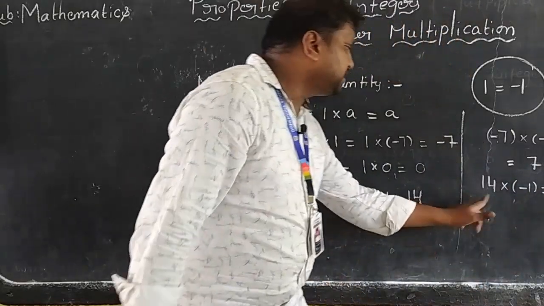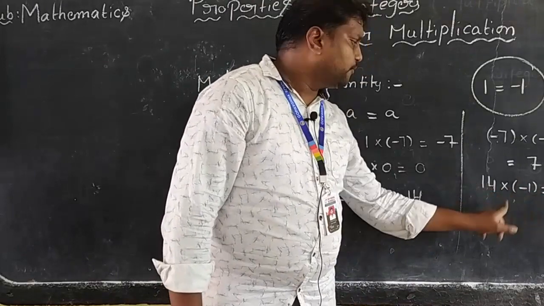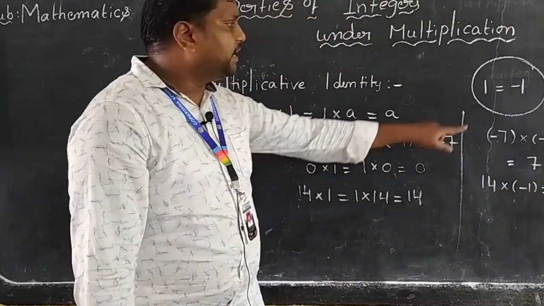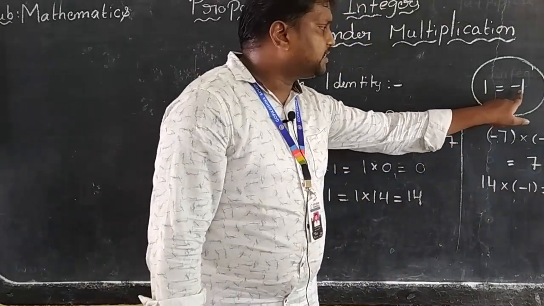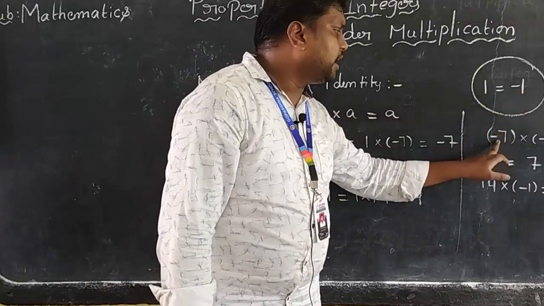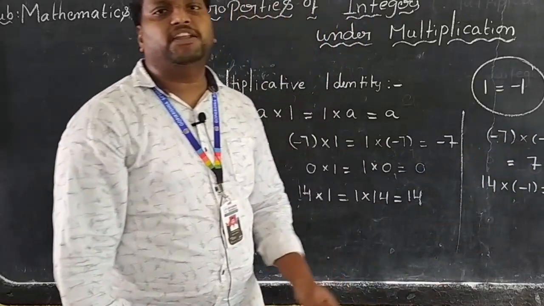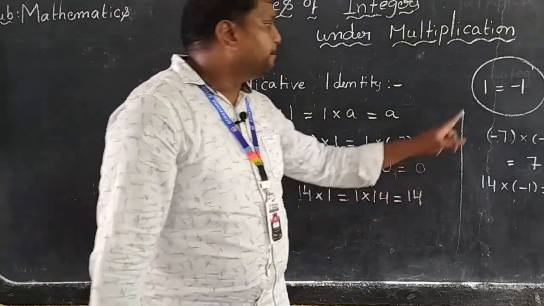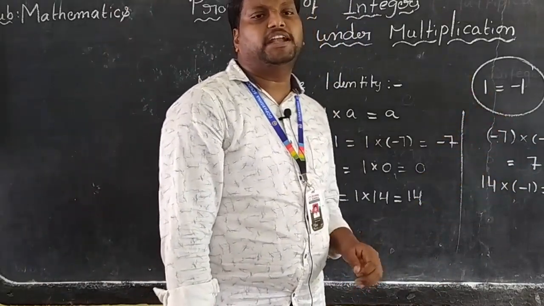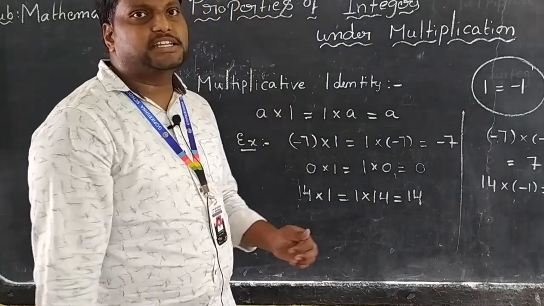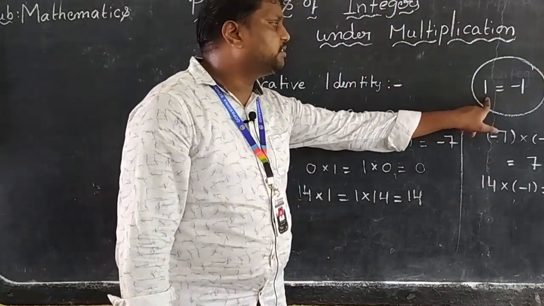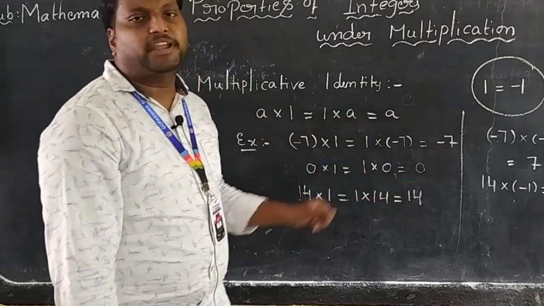Why? Because plus into minus is equal to minus. 14 1s are 14. See here, instead of 1 I am writing minus 1, the answer changes. The number is the same, but the answer's sign is changed. That's why minus 1 is not the multiplicative identity of integers. The one and only integer 1 is the multiplicative